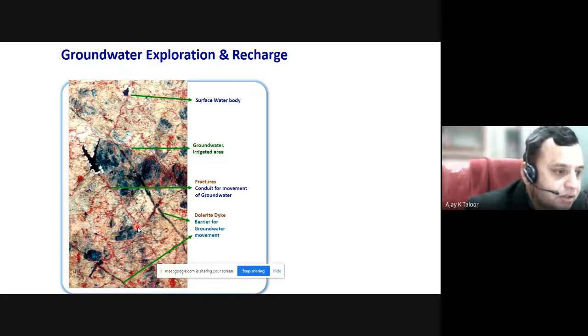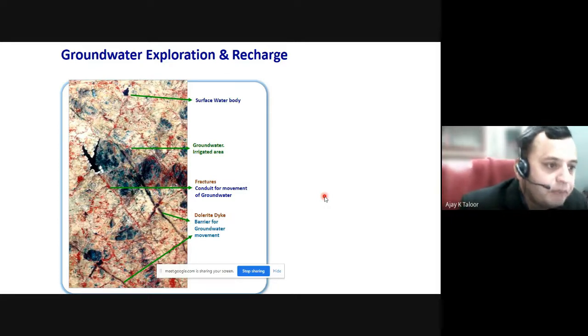In the crystalline terrain, due to crustal deformations and different tectonic activities, such lineaments and faults have developed. When these faults have developed, they are the broken zones. Water, with the passage of time, erosion and weathering have taken place in this area. Because loose material is available in this area, whenever there is even a small amount of rainfall, all the water from this wide portion of land is intercepted here and infiltrates into these